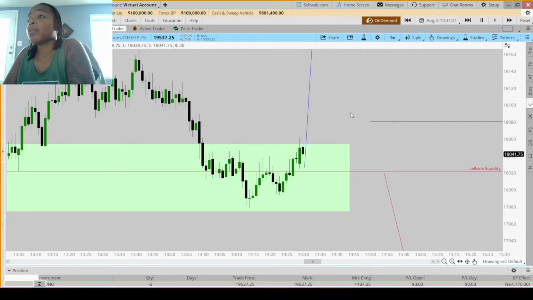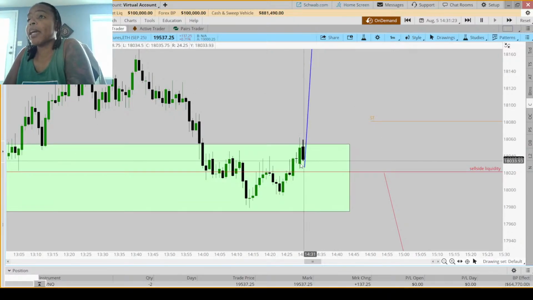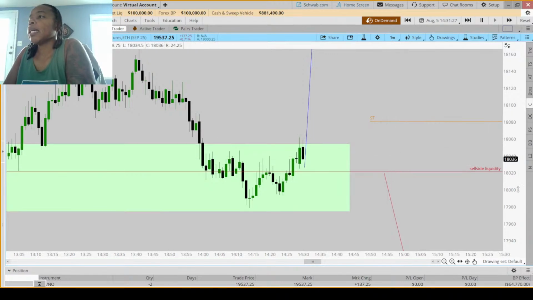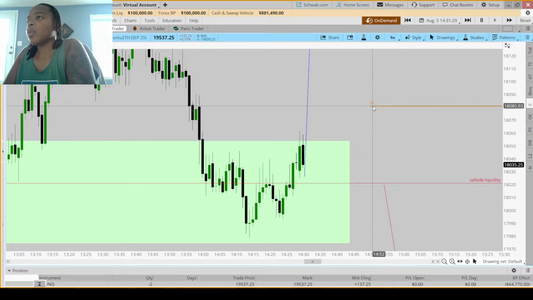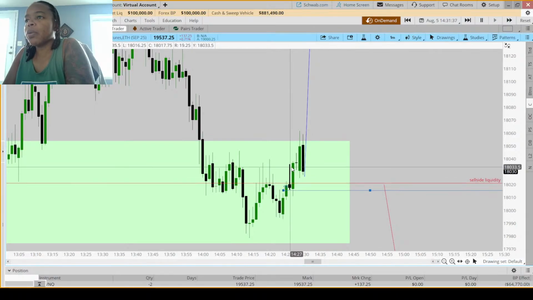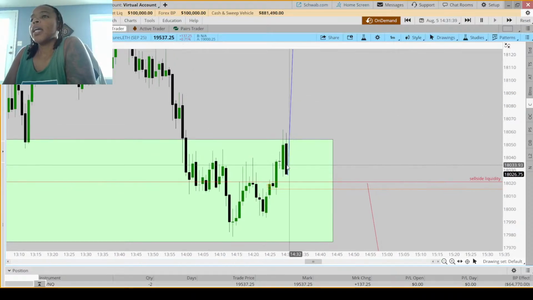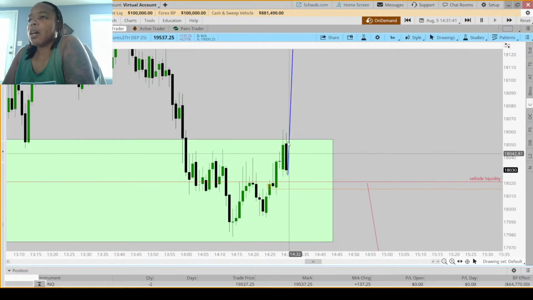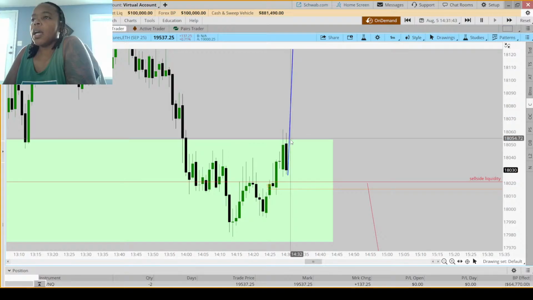Yeah, I was wicked in right there. Like I said, I wanted my entry at the midpoint of this, right? So let's guesstimate where the stop would be. My stop would be just below that order block right there. And then I would only move my stop once we left this area and got some movement up there.